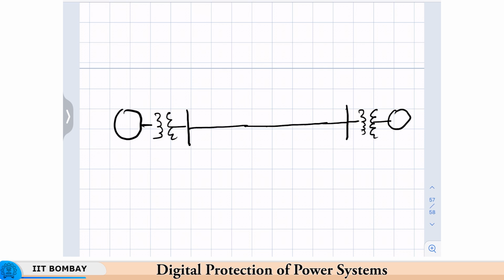So, this is a single generator connected to the system. This is the system here, the equivalent source. The transformers etc. are given, the values are given. We will just quickly look at the problem, so that we do not have to repeat the whole thing next time before we stop here. Okay. So, this is the generator. Here this transformer is star grounded and delta on the generator side. This is also a delta on the system side. And I will write the problem. This is the source or equivalent source,